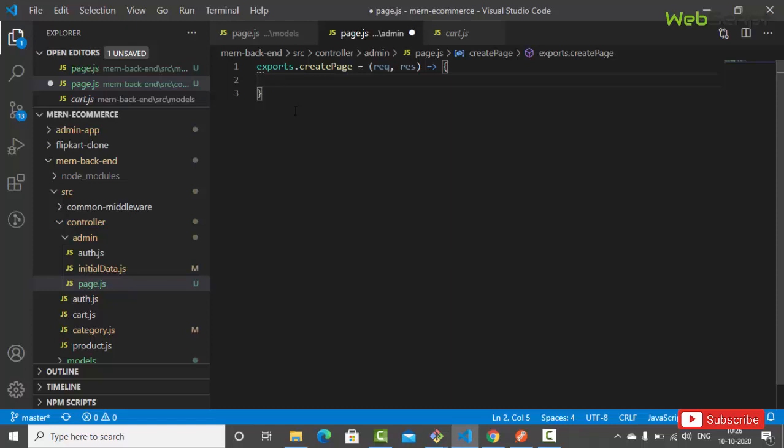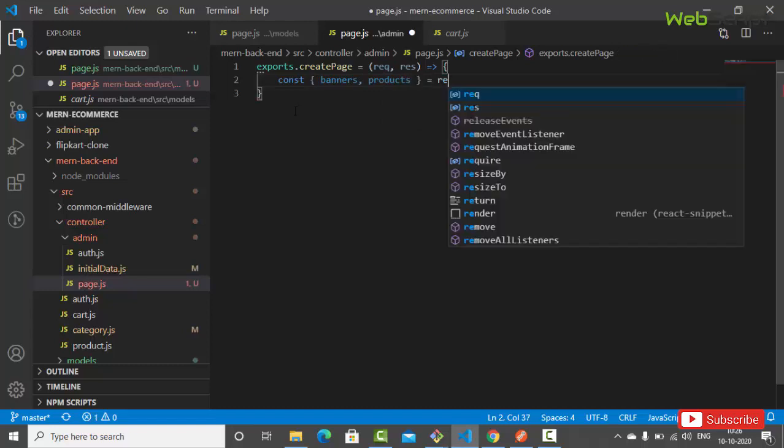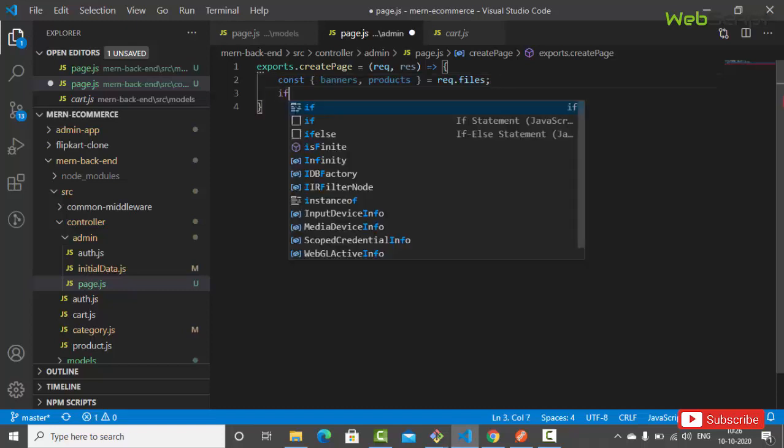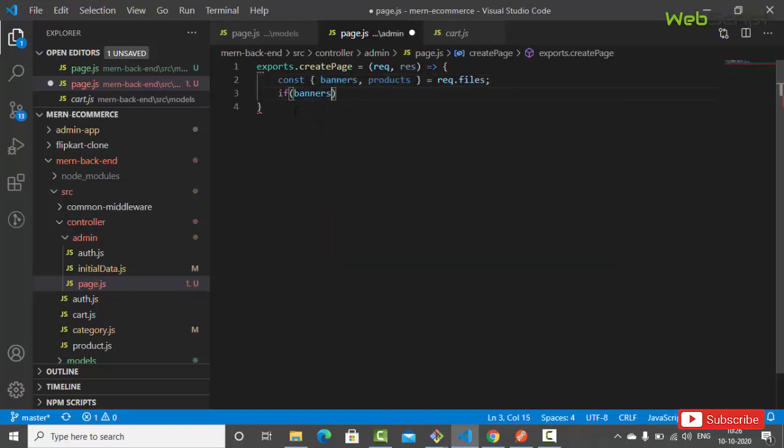So here we're going to say const, and let's extract things like banners and products from the request.files, right? Also we can add one more check, whether files exist or not. So here we have these banners and all. We'll say if banners.length, it is going to be an array, length greater than 0, so we will do something, right? We will check the banners length. If it is greater than 0, then we will create an array of banners